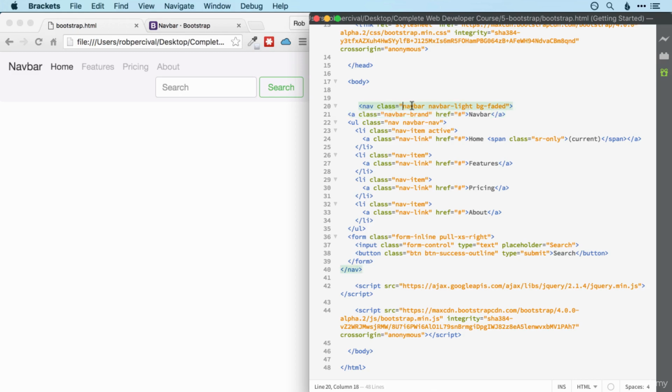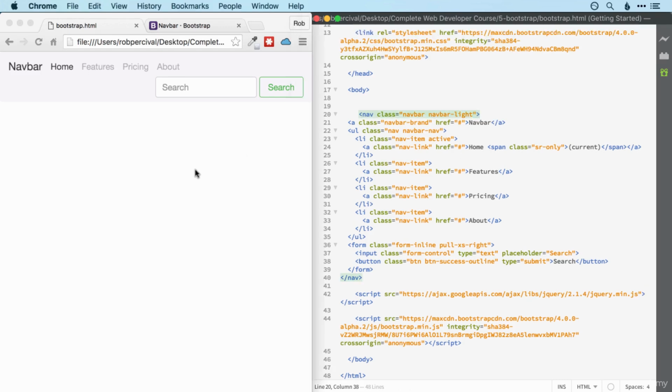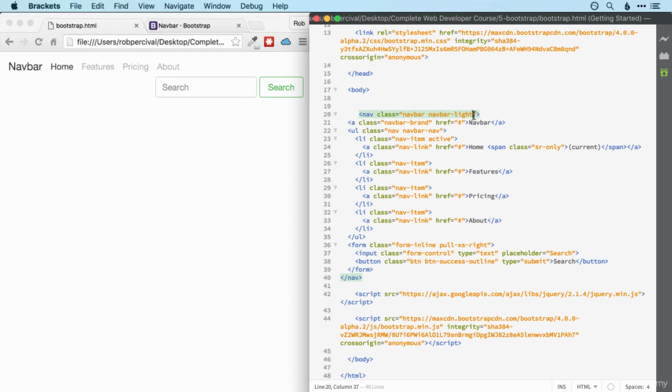All right, now we've got our string of classes, and we'll see this again and again in Bootstrap, that you have a certain class to define what this component is. So in this case, a navbar. And then you have some customized classes which change the look or the behavior of that element. So here we've got navbar light and background faded. So feel free to experiment. If we get rid of background faded, then we have the same effect but with no background essentially. If we put that back in,